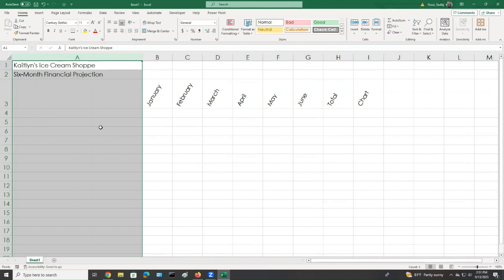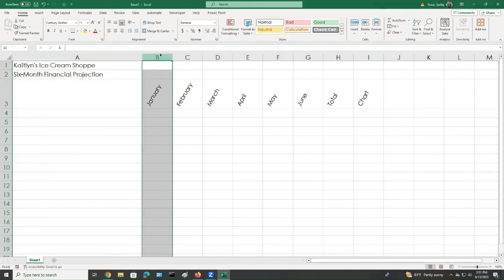Now the column B all the way to G, we have to change the size to 14. After we created the chart, now the next thing is that we have to click the column B all the